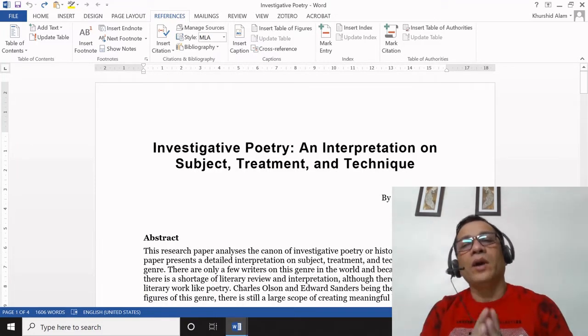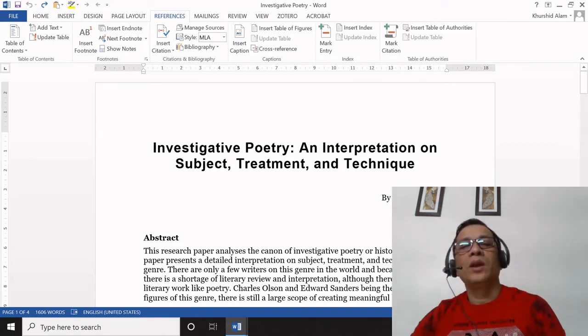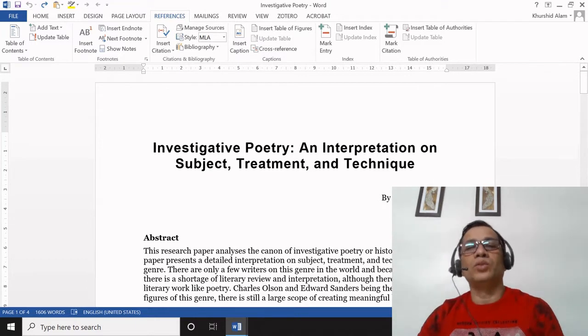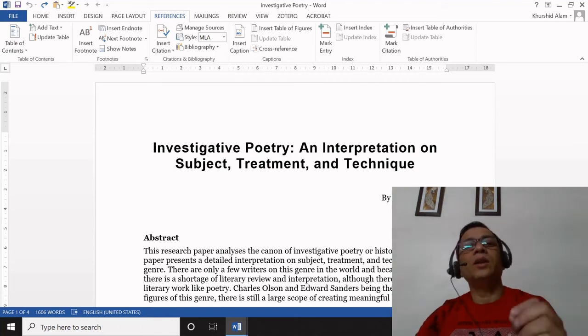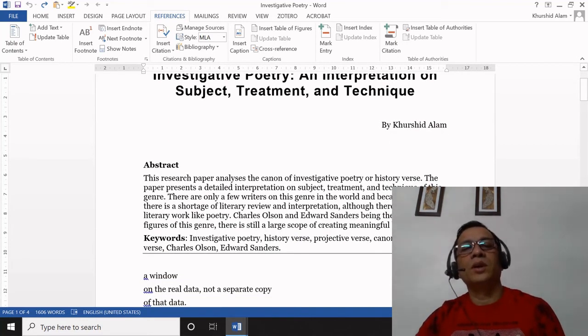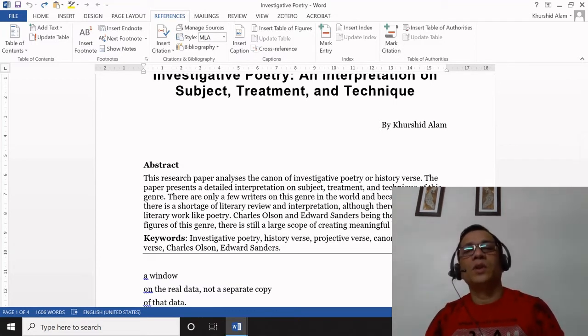Moreover, I have one recommendation for the research scholars here. If you are using both footnotes and endnotes in the same research paper or thesis, then try to use them for information more categorically.